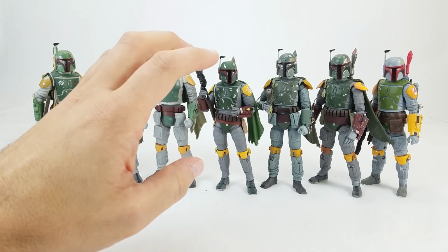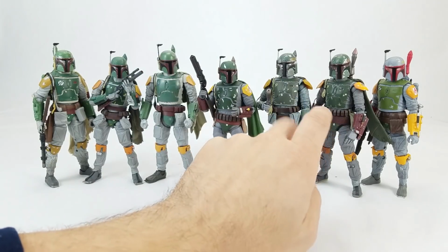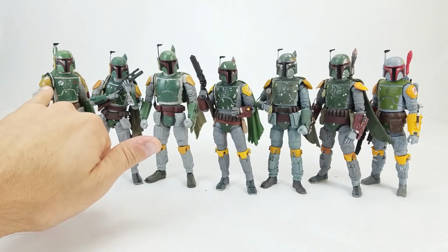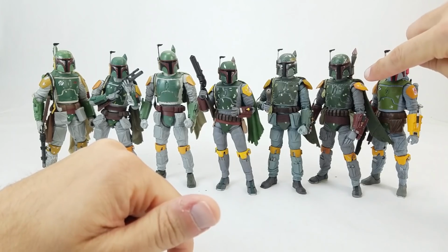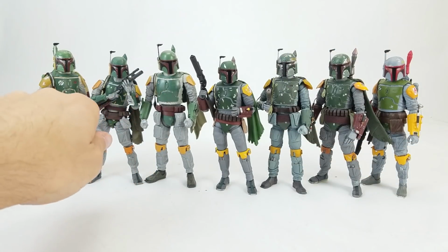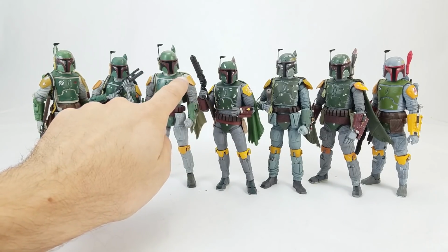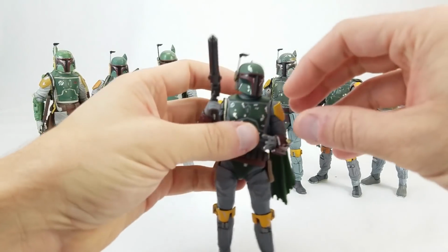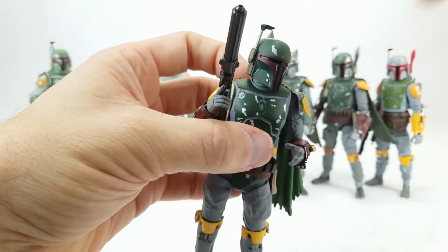I don't want to get into any of that, but the shoulder pads tend to anchor differently on all these figures. Black Series has them built into the arms. Mafex has them built onto the torso, and then Revoltech as well has them on the arms, and then the Bandai puts them as individual pads that are attached to the actual